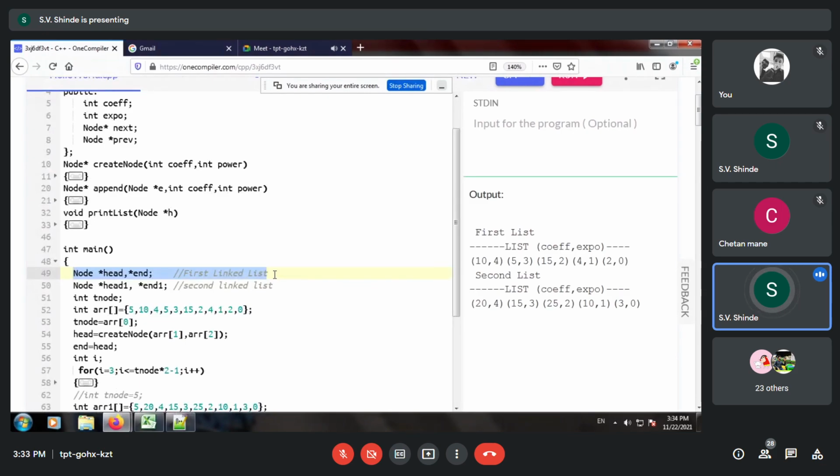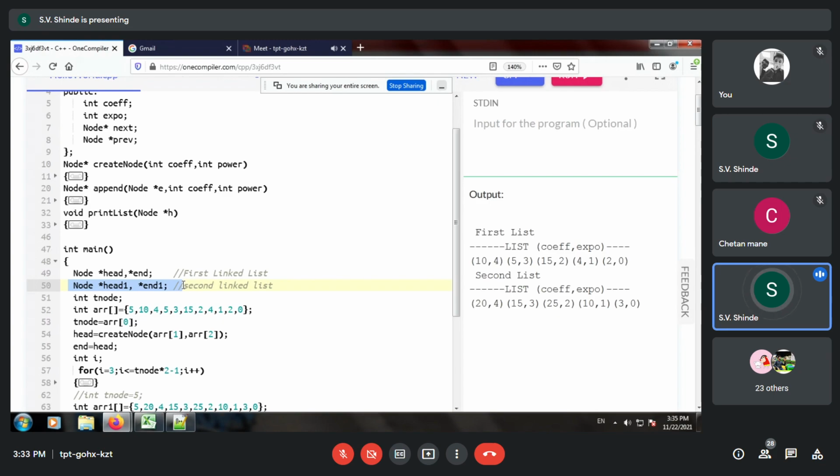We have the head node and the end node. Then if you want to create the second list, again it will have the same description. We have head one and end one. So we are going to create two lists, and their pointers are head one and head two.